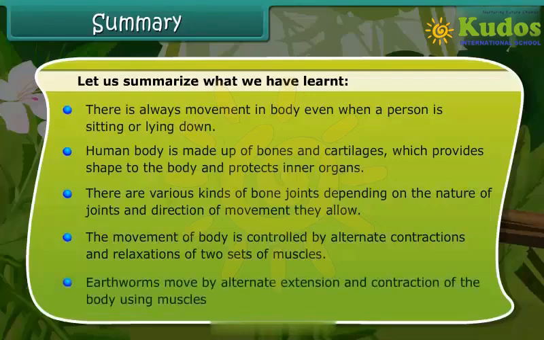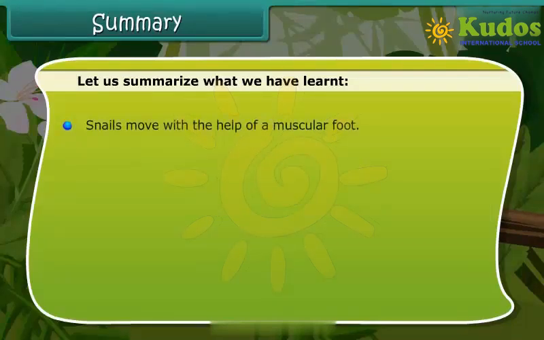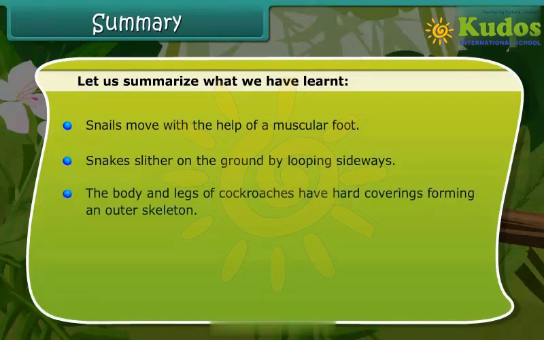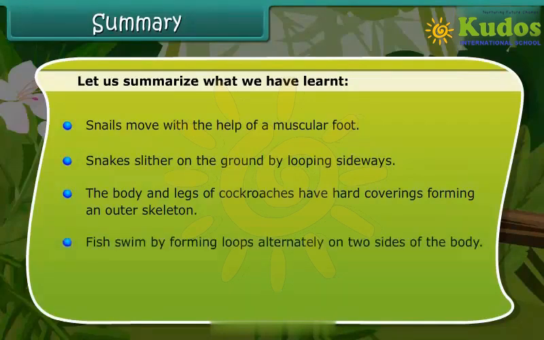Earthworms move by alternate extensions and contractions of the body using muscles. Snails move with the help of a muscular foot. Snakes slither on the ground by looping sideways. The body and legs of cockroaches have hard coverings forming an outer skeleton. Fish swim by forming loops alternately on two sides of the body. The bird